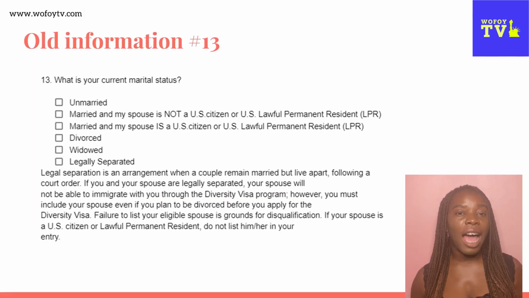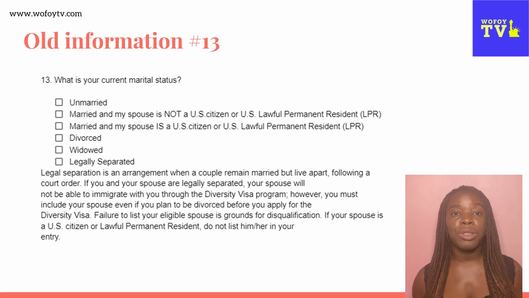The next item will be number 13. Number 13 on the old form asks about your current marital status. It gives you the option of selecting whether you are unmarried, married to a U.S. citizen or a green card holder, married to someone who is not a U.S. citizen or U.S. legal permanent resident, whether you're divorced, or legally separated. Well, legally separated is the